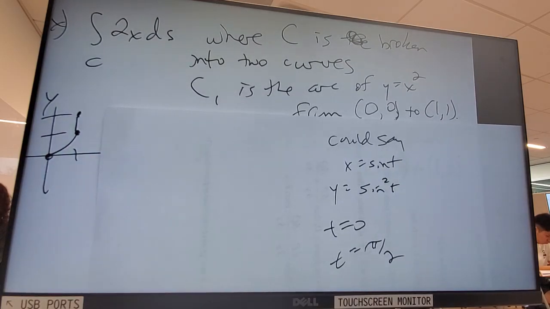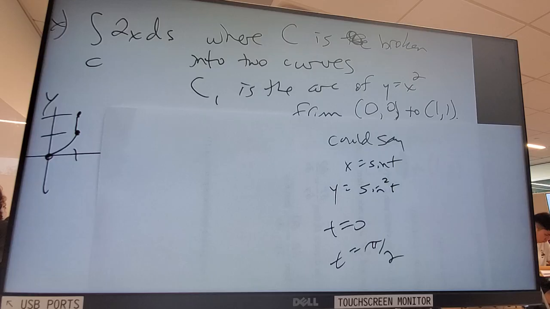I need you to understand a couple things. Do you guys want to do this? Because then you have to throw that into your function, which makes it a little bit worse. I don't have to choose x to be sine t, but I could, and that choice leads to what y is, which leads to what t has to be to actually go between the points they told me to.